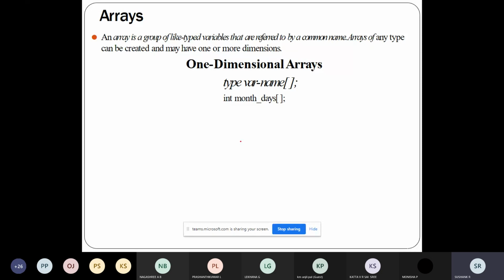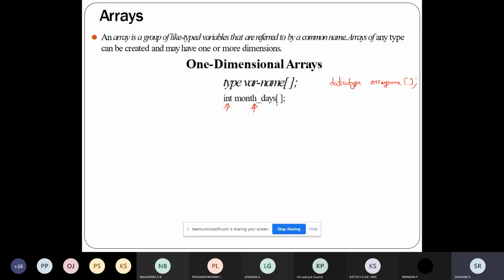So how to declare an array in Java? You write the data type, then the array name, then the size subscript. This is how you can declare an array in Java. For example, the variable name is month_days. So month_days is an array of type integer, and its size is not being allocated.